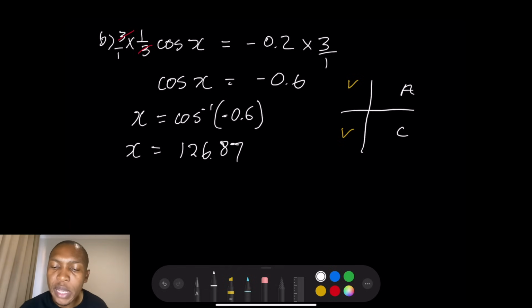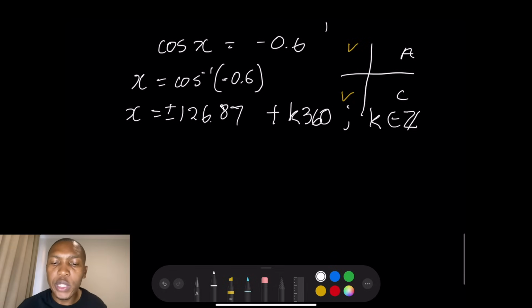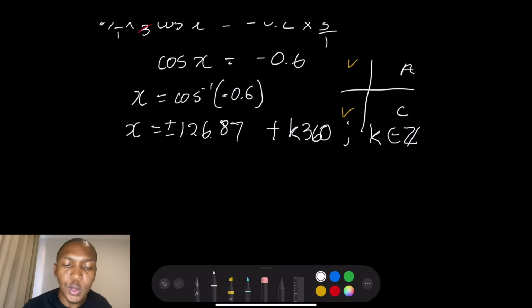But remember, we must always say plus k360, okay? And we know that k should be an element of integers. In fact, you only need to say that once. So in this case, remember what we said for the cos, we can either say plus or minus. So we've got 2 solutions. Remember, we said in the third and the fourth quadrant. So that means that x is going to be